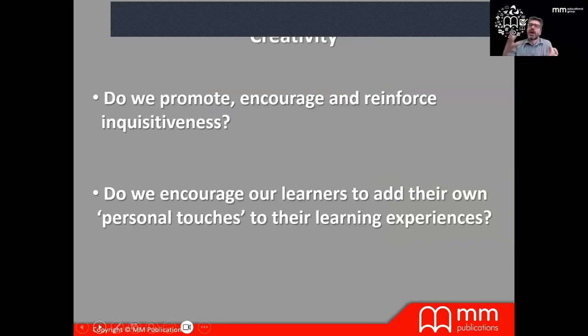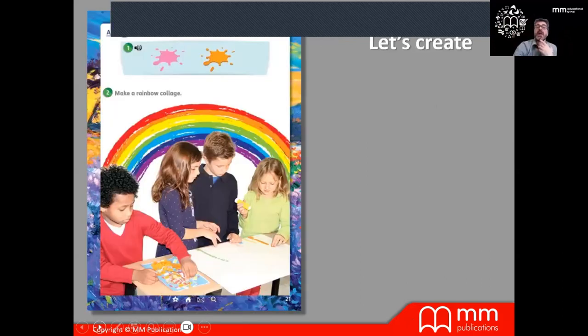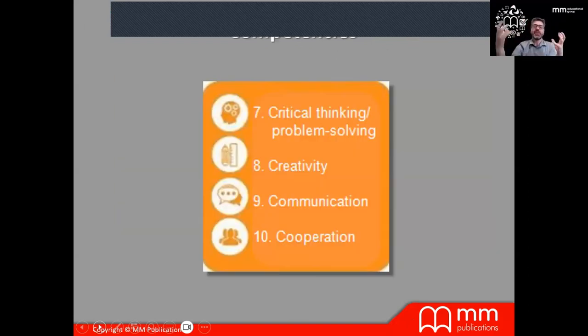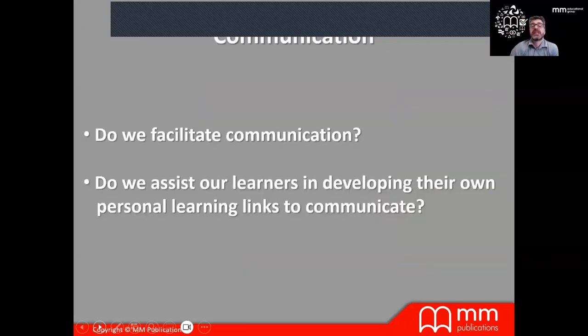All right. So again, it's all about helping students make connections and take the learning outside the classroom and see that what they're learning in the classroom can apply to them as well. And here's another sample of creativity, how we have different activities in our books that help students create and do projects. Like over here, a student lies down and traces their body, and they do all of these arts and crafts, but again, there's always a purpose for them to use that to do a speaking activity and so on. But again, the creativity is being used. The next skill is communication.